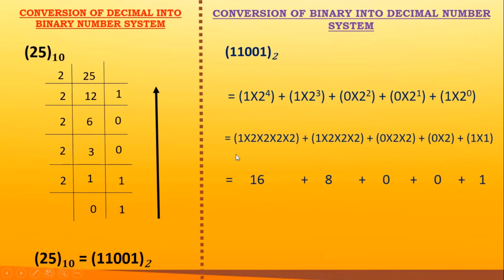So next will be, if I multiply all this together, 2 into 2 is 4, 4 twos are 8, 8 twos are 16. So I got 16 over here, 16 into 1, 16. Same thing here, 2 twos are 4, 4 twos are 8 into 1, that is 8.